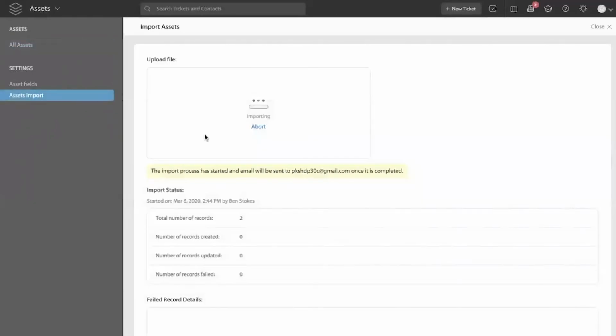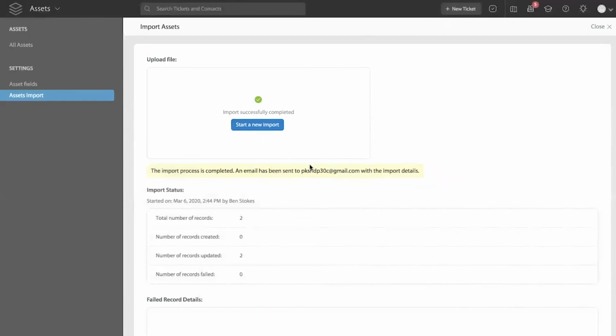While you are importing, you also have an option that if mistakenly you chose a wrong file or something like that, you can always abort the import. And when you abort the import, it will send you a summary. Whatever rows have been imported will be there, but the remaining rows from the sheet will be aborted. They won't be imported. And if there are errors in the import, you will be able to download those as well.